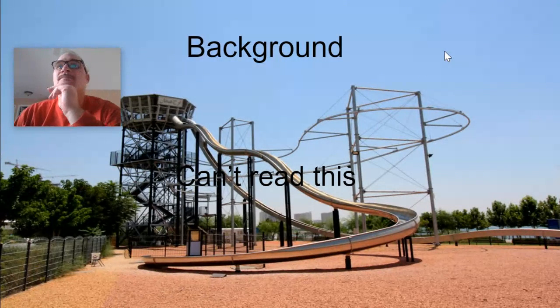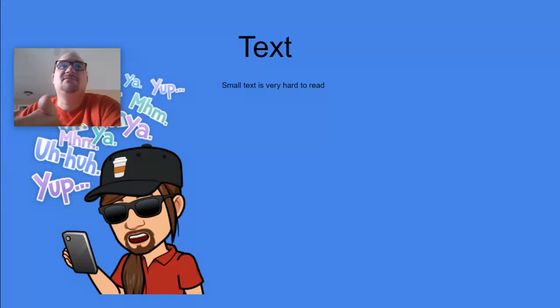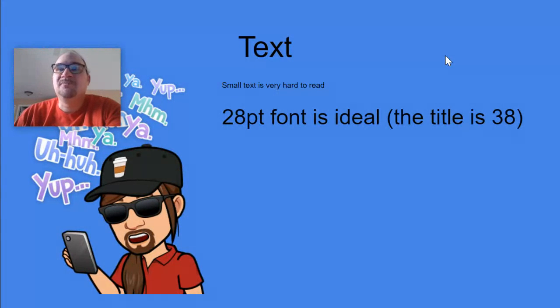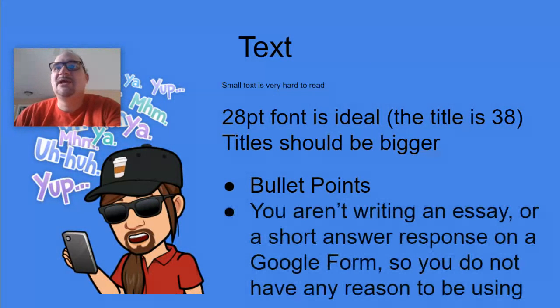Just a side note. Text. Small text, really hard to read. Unless you're looking at this big full screen right now, it could be really hard to read where it says small text on my screen right now. 28-point font is ideal. This text title is actually 38. Titles should be bigger. So bullet points, and remember, you aren't writing an essay or a short answer response on a Google form,